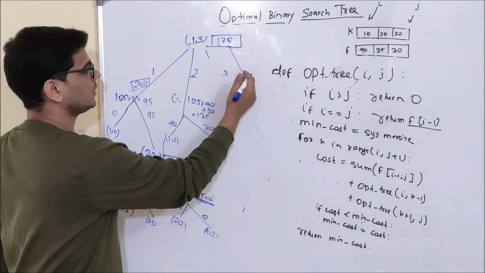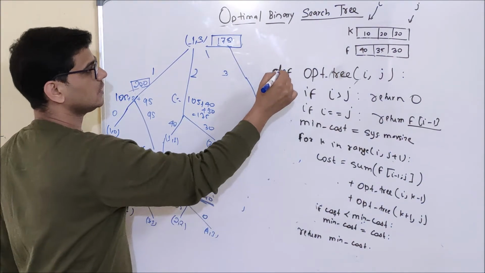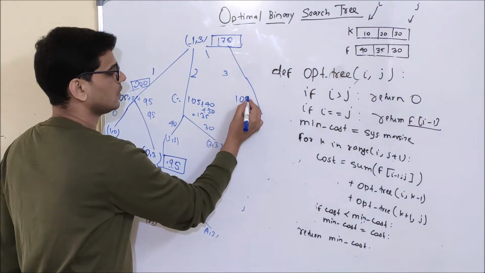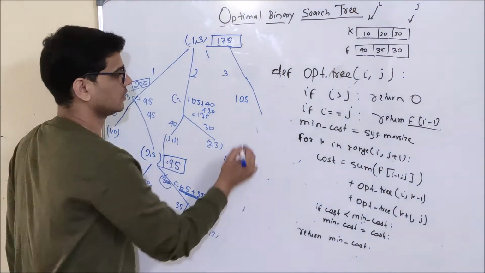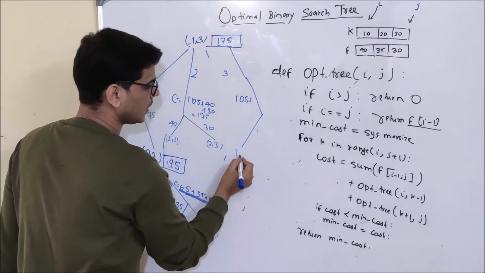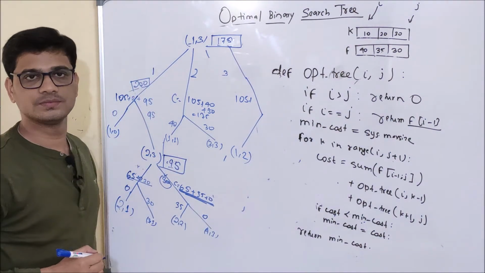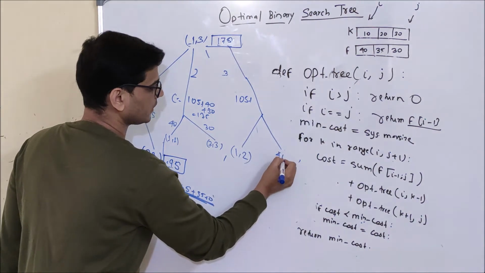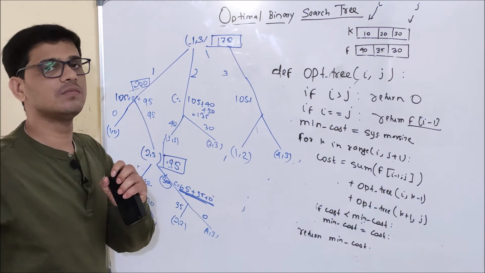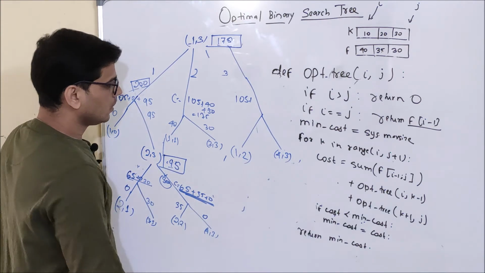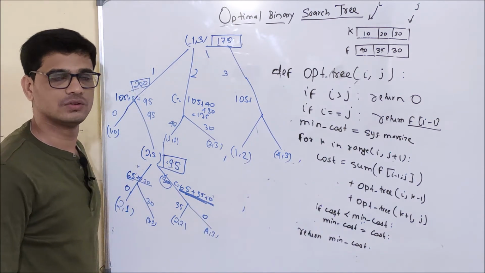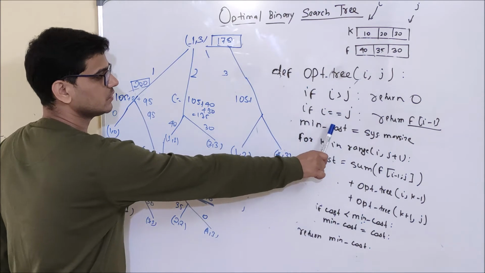Now let's see what will happen when it will execute for k equal to 3. That is, it will try 30 as a root. So first of all, this part 105 plus, now left subtree, right subtree. Left subtree will be 1 2 and right subtree will be 4 3. As 30 is root, I will have nothing in my right subtree. Now what will happen is that it will come for its execution. This condition check will be false.